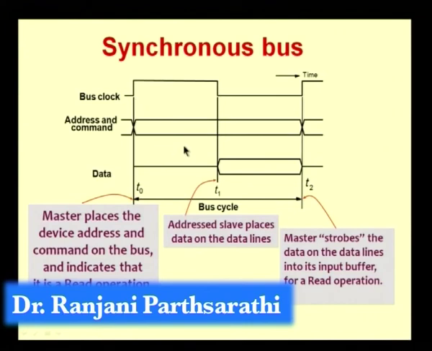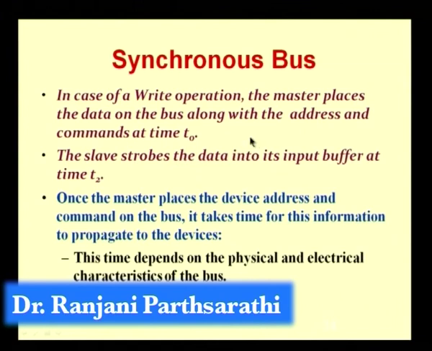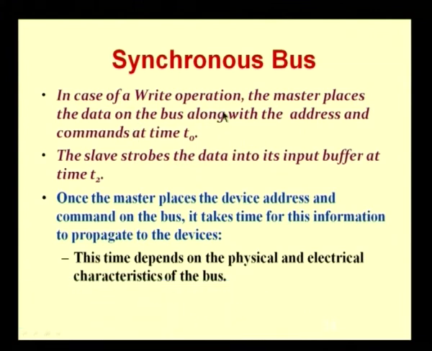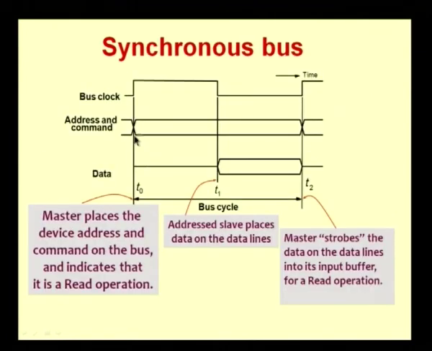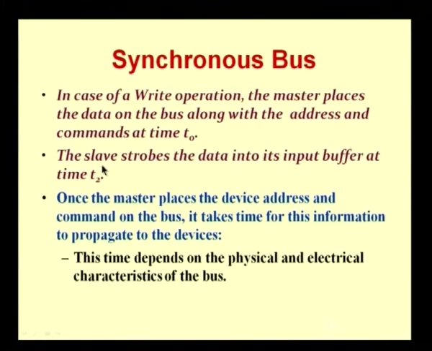So, we were just looking at how data transfer takes place on a synchronous bus. We looked at how a read operation can take place. Similarly, let us look at how a write operation would take place. In case of a write operation, the master now will place the data on the bus along with the address and the commands at time t naught. That is, at this time t naught, not only the address and command, but the data also will be made available. So, now the slave